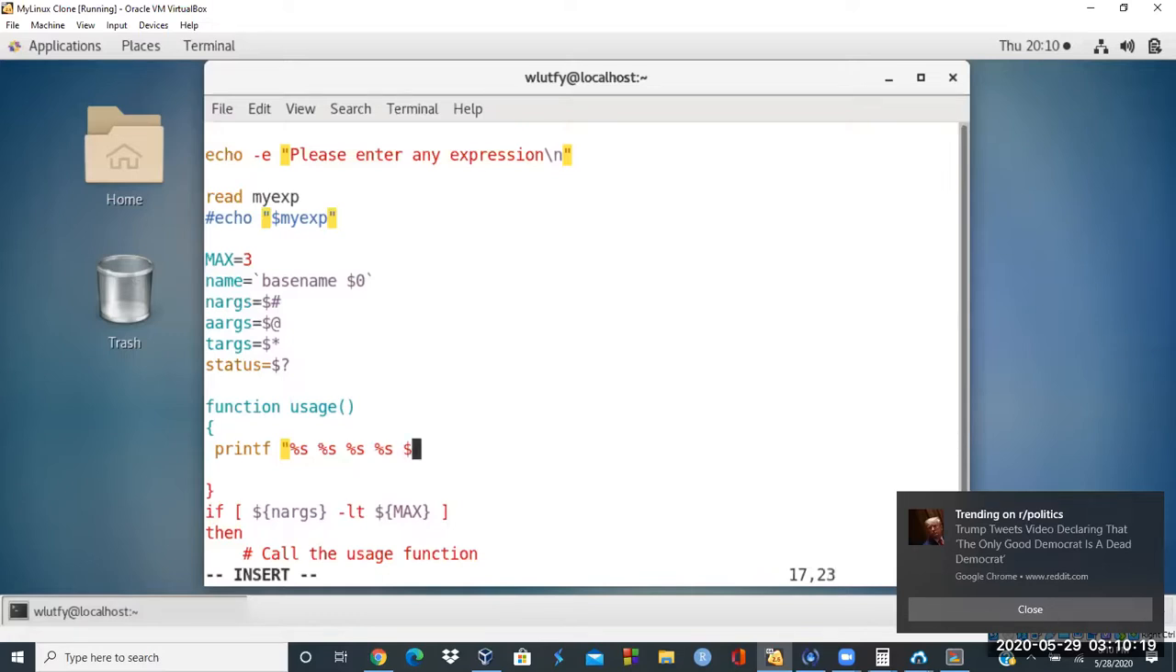And then let's see if we just made it enough for it. So here I'm going to put the word usage, and then the next argument is $name, the name of the script, followed by arg1, arg2, and arg3. So I'm going to say arg1